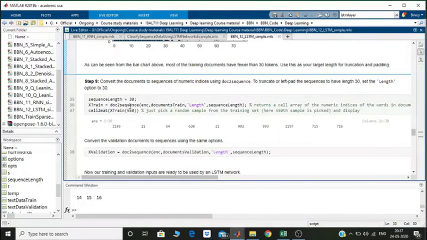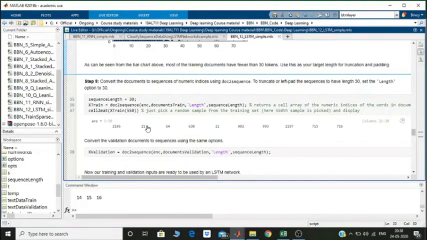And doc2sequence just creates a cell array like this, where each location of the cell array has the value corresponding to the vocabulary that it has created. For example, if this was "hello", in the encoding that we have created, hello will be represented by the number 21, and "what" may be represented by 64.